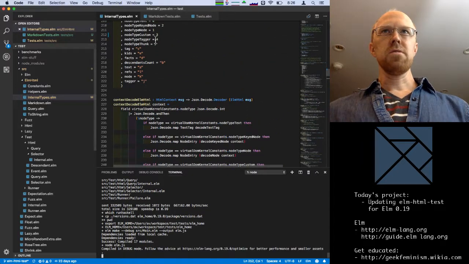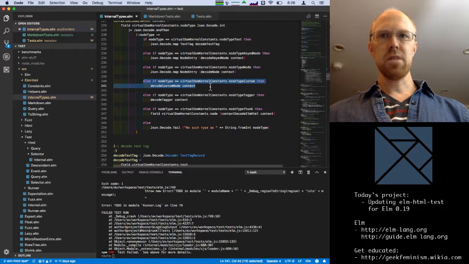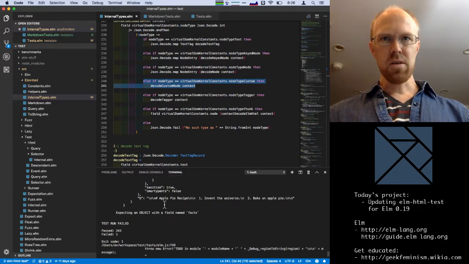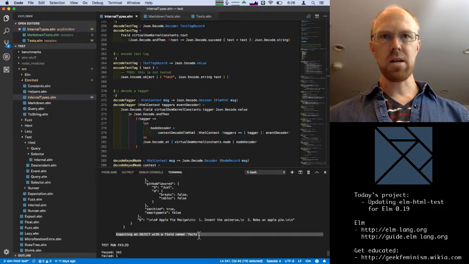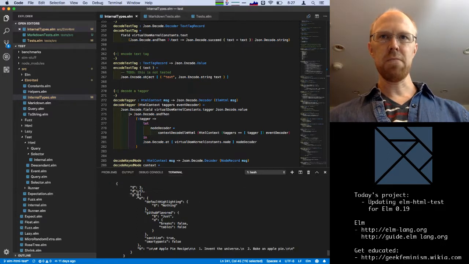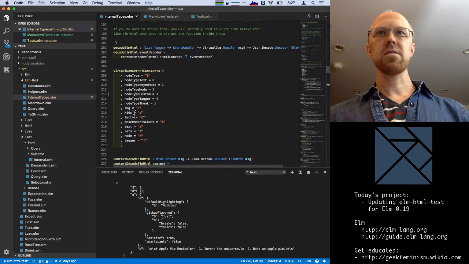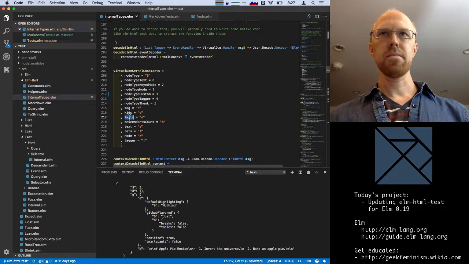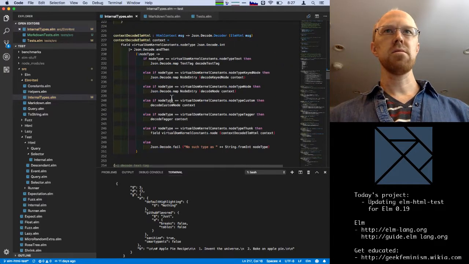So let's see. So we just filled in this 3 for the custom node and uncommented out this custom decoder. So I think we'll get a different failure. Yeah, okay. Expecting an object with a field named facts. So it looks like these are field names that have optimized names now. So one of these is facts. I guess we've already found what facts maps to, which is D. I guess in this custom node decoder